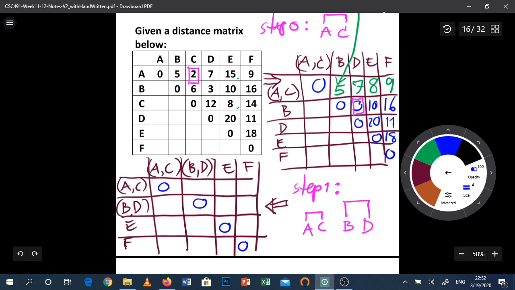And then let's fill the cell that has nothing to do with AC and BD. So in this case, EF can be copied directly to be 18. Okay. So now, for example, this cell,